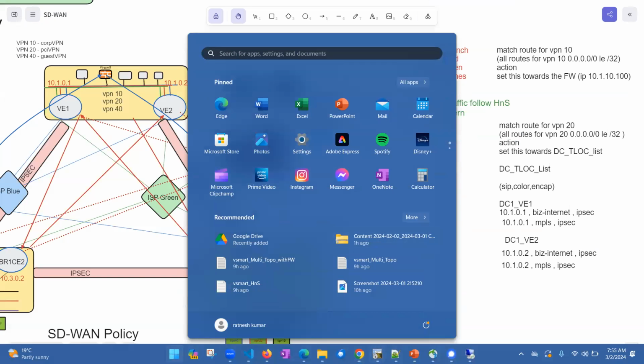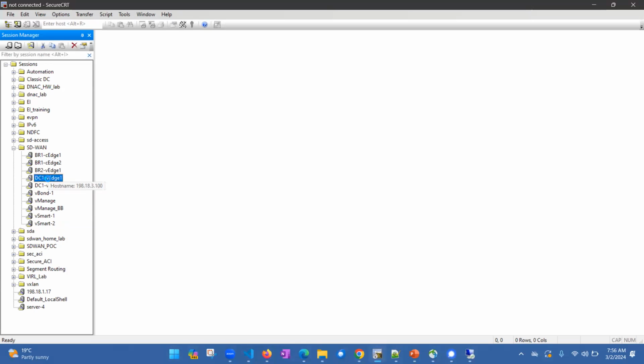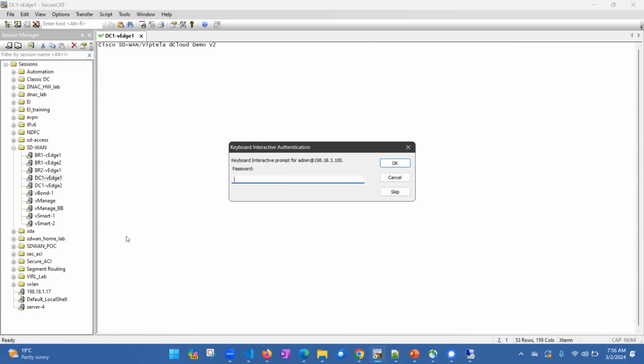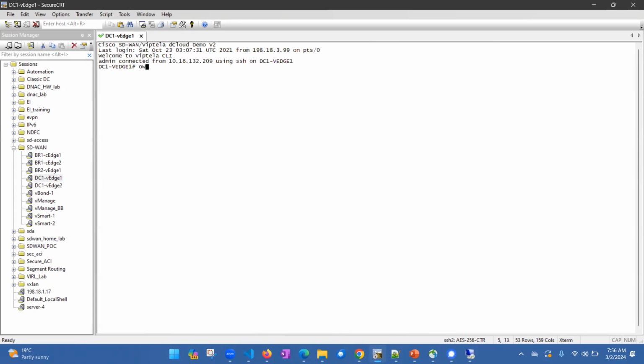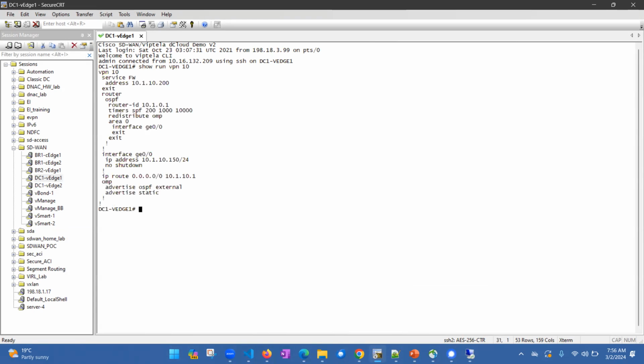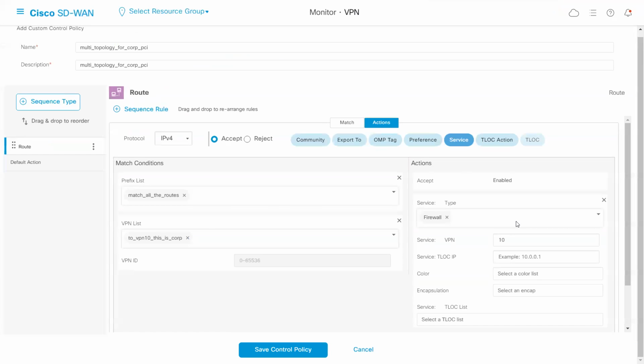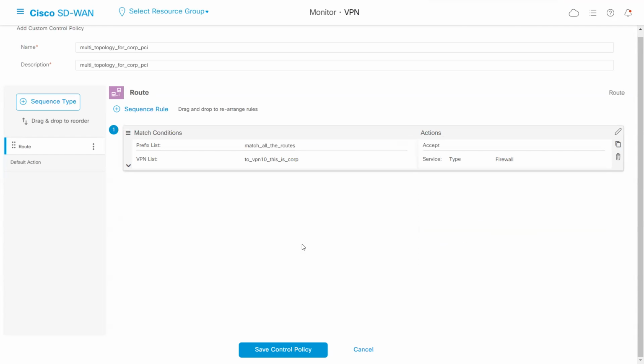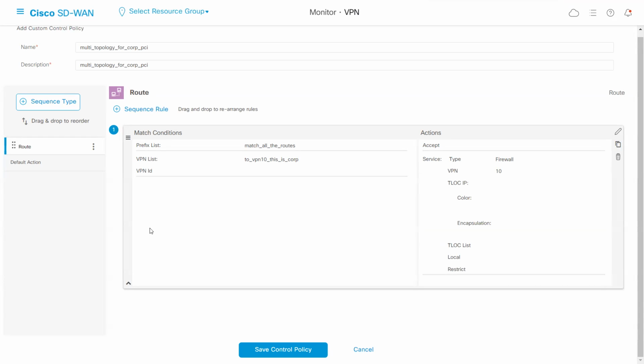So if we go here and go to DC1 VH1, and if you type show run VPN 10, you will see that within VPN 10 we have firewall 10.1, 10, 200. So just give the firewall and the VPN and it will work. Save this policy. Now one policy is saved for VPN